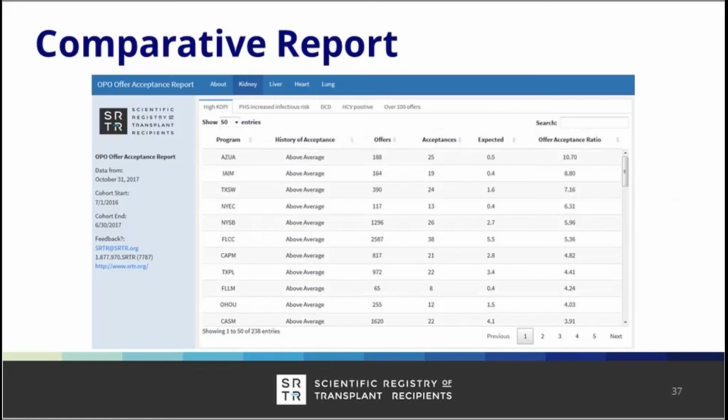I mentioned a comparative report. This is an example of what's available through the SRTR secure site. Here you can see each row is a program, and there are different tabs of this chart for the different characteristics of the donor. So you see across the top high KDPI or KDRI offers, PHS increased risk, et cetera, DCD offers. So you can actually look at all programs in the country and see where they fall on these